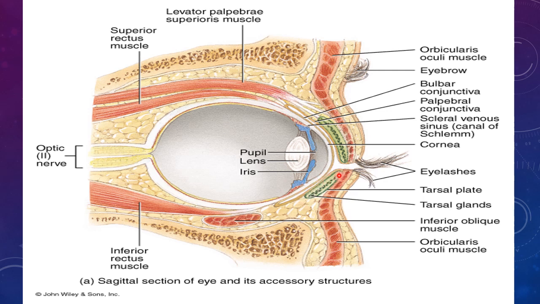Among the other structures, you can see the structure of the eyelid, in which you can see, starting from the skin, the subcutaneous tissue, along with the eyelashes. The next layer is skeletal muscle, which is a continuation of the orbicularis oculi muscle into the eyelid, and the deeper area has the tarsal glands. So the tarsal plates, the tough fibrous plates, have the tarsal glands, which are responsible for secretions for the tear film as well.